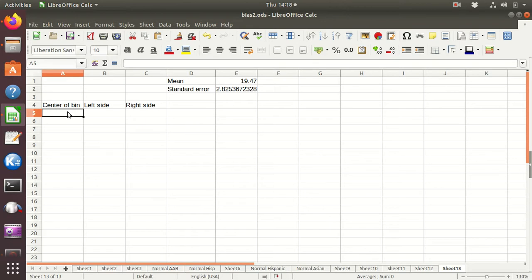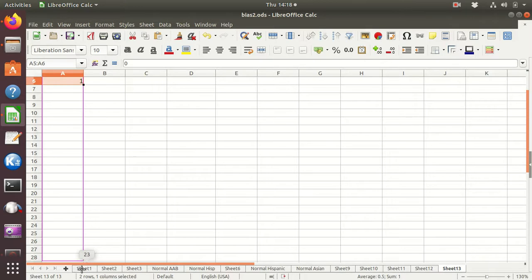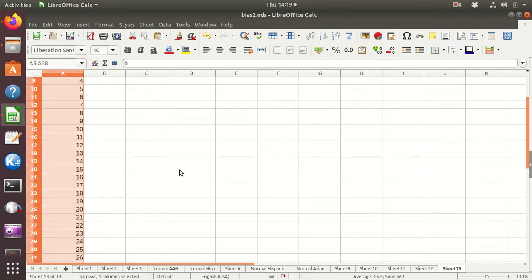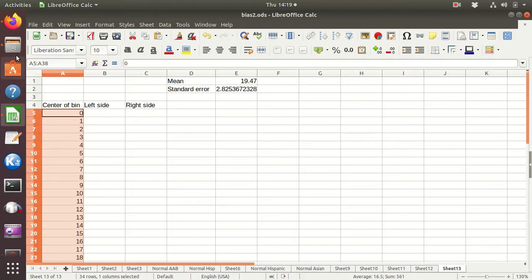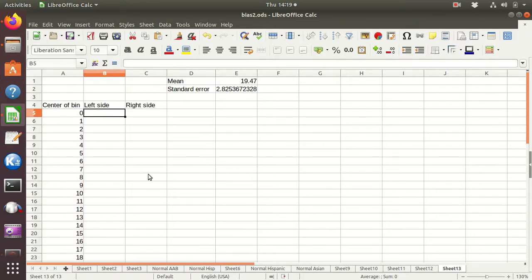Okay, and now some of you have been asking, you can't seem to hit this and add those numbers. All you have to do, if I put a 1, now it knows the pattern. I highlight both and I drag that down, and I think we're dragging down to 33. Where's 33? There we go. Dragging down to 33, and the left side starts at